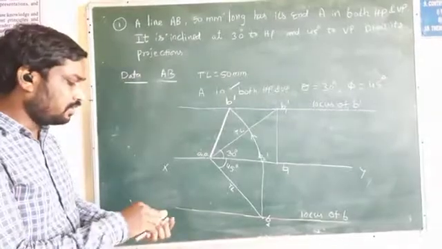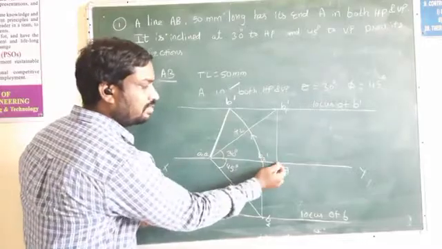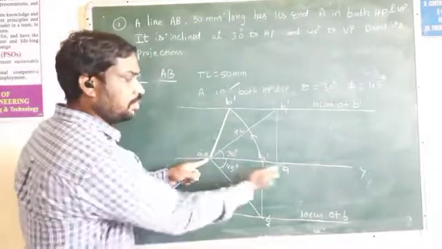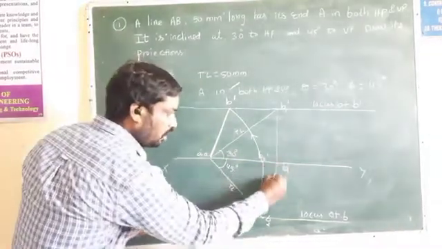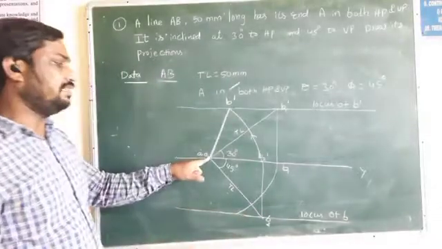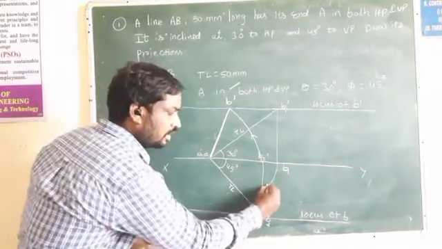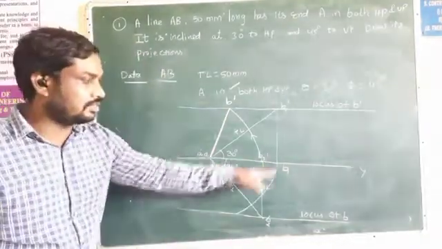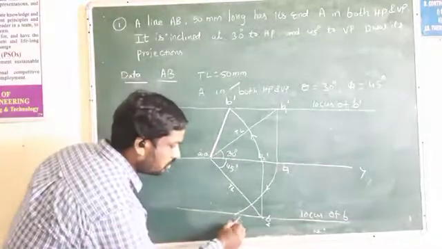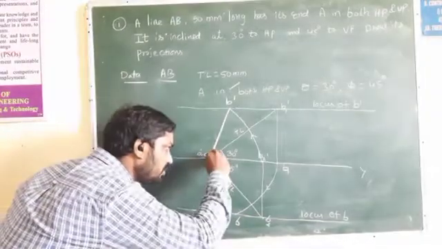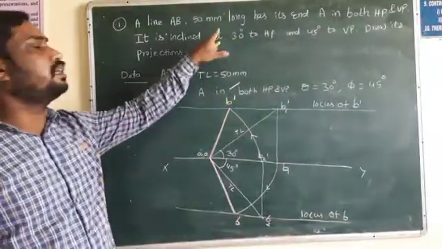Okay, here also the same. A as center, up to the B1, because this is the length of the top view. Up to the B1, don't take B2 dash. Up to the B1, A as center, draw an arc onto the locus of B. Take the compass, take this length up to B1, draw an arc. The direction of the curve is like this. Okay. Now we are getting the final top view. Now join A to B with the help of the scale. That is the final top view. So that is the completion of this problem.